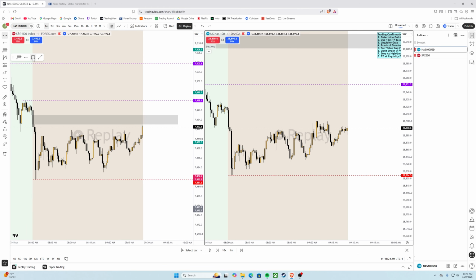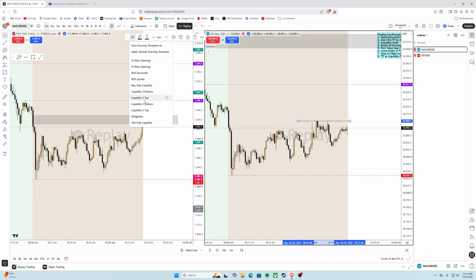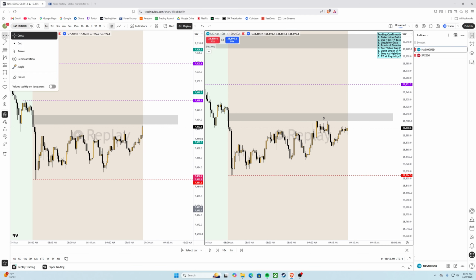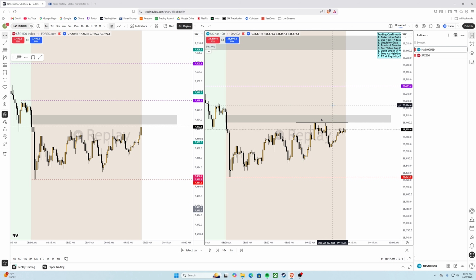Same idea with the NAS, right? We look at the NAS. What do you see here, right? Is that not a double top? Is that not quote unquote resistance, right? That's liquidity. Then what are you also seeing right here? Another fair value gap. Now we could raise it up a little higher, right? Because this is the part of the fair value gap that still remains untapped. You're seeing there's reason to want to go higher.